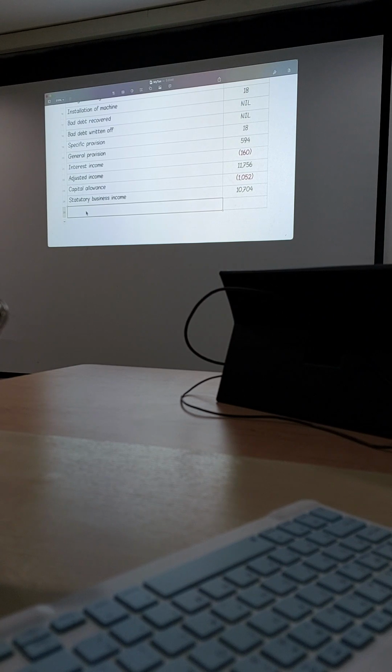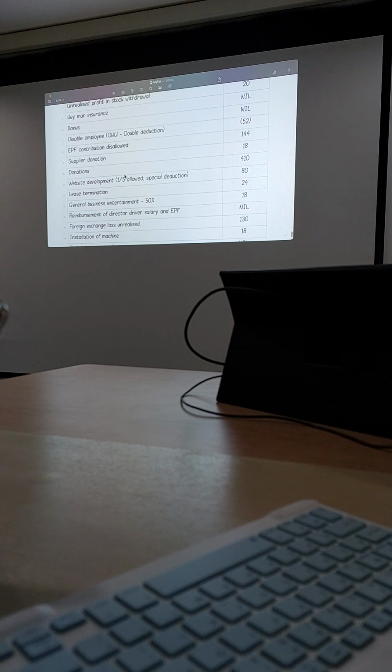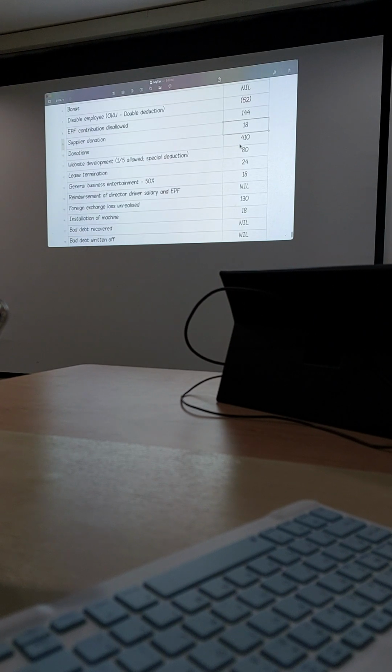Okay, sir, is it correct? 11756. Correct. Right? Here it is 11752. That one is because they made a mistake here. They always make some mistakes, okay? Their donation is written here as 14. Where did they get 14 from? Sir, it's 18. They wrote 18. Suddenly it became 14. It means the book is wrong. Okay, are you okay in this part?